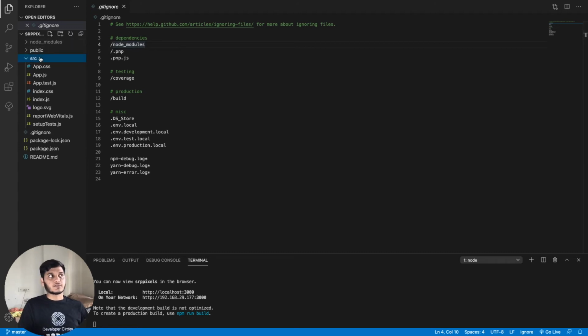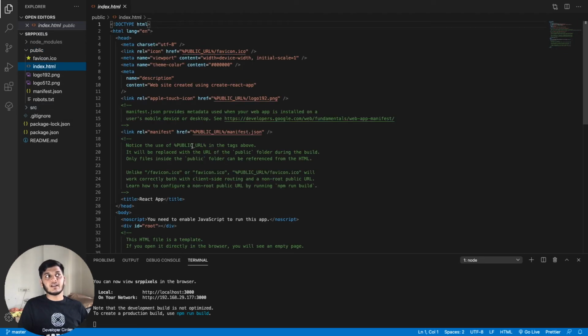This is the src folder, which contains all the main files of the project. This is the public folder. It contains index.html and other files. The code written in the src folder is exported to the public folder in the index.html file, and it is rendered onto the browser and shown to the user.